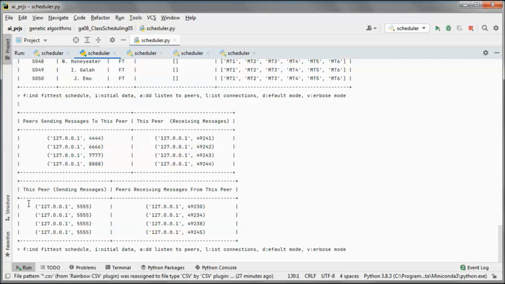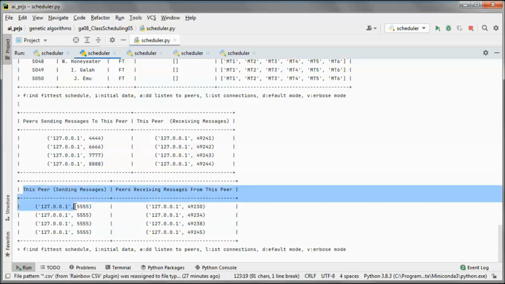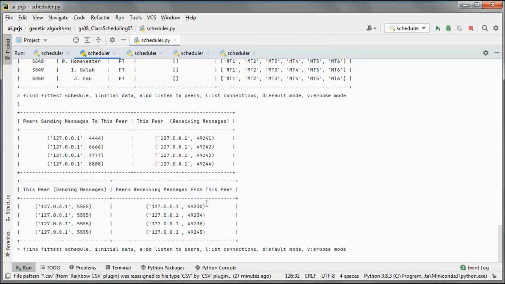So this peer is sending messages to those other peers on those ports, and this is the port number for this peer. And the other peers are sending messages to this peer that is receiving messages on those ports.